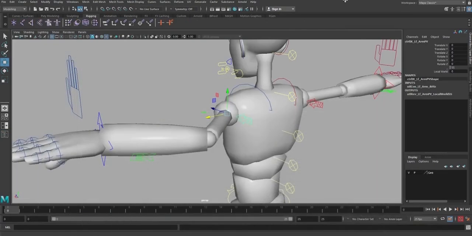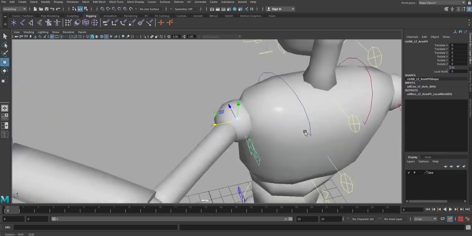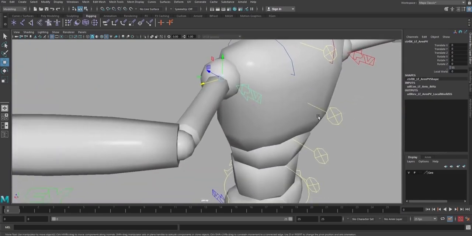So the pole vector constraint acts like this. This is the controller curve. Select the IK handle, give pole vector constraint. That we will practically see when we are doing rigging in the next class.